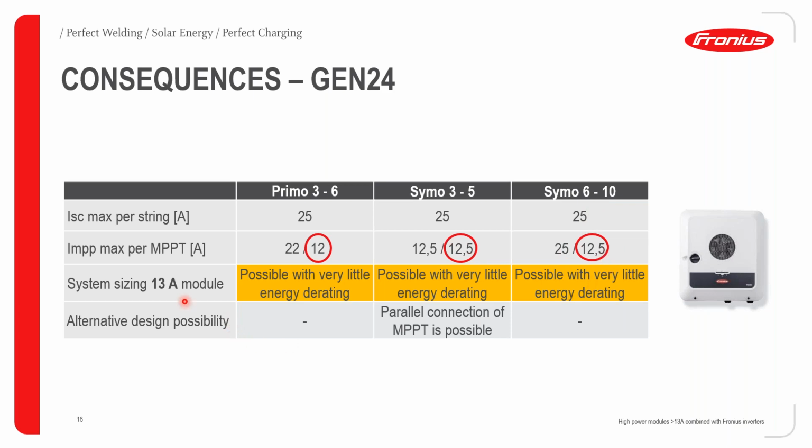So when you're sizing an installation using the 18 amp module, across the 3 inverters, the only challenge you'd have is only with the second MPPT. And therefore, like I said, if you are designing a PV installation with the arrays with 2 different orientations, and you intend to connect one orientation to the second MPPT, here you might have a bit of power or energy derating happening. However, please note that connection of the 2 MPPTs within the inverter in parallel is still possible,